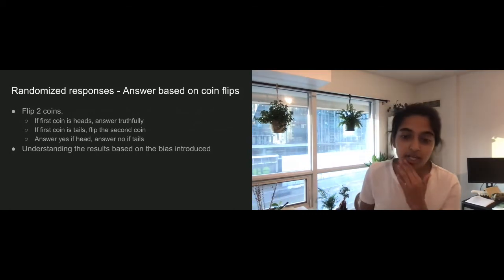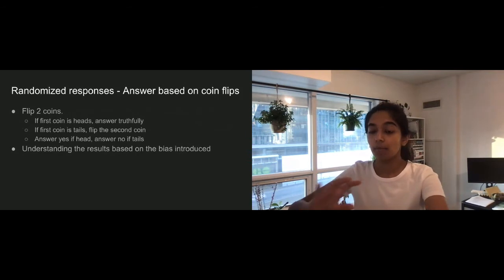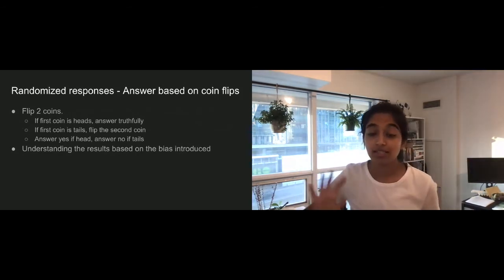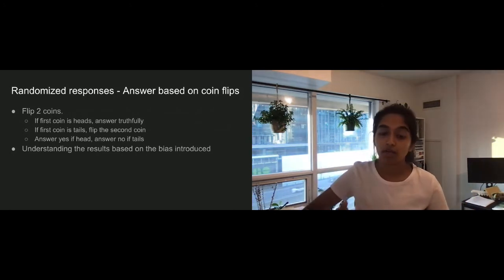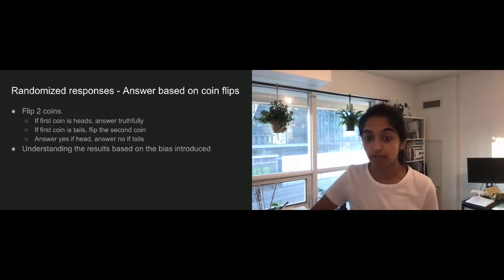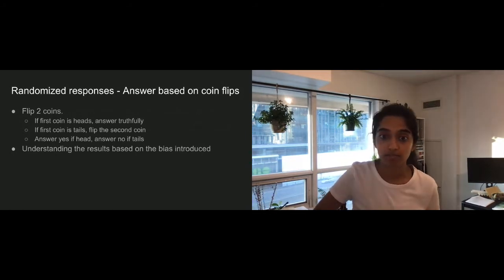So what are you doing, right? By this process, I'm giving you some sort of plausible deniability. I'm giving you some kind of fence, which means that even if the data is leaked, you're still protected. For example, if the data is leaked and somebody comes back to you and asks, hey, did you actually shoplift? You can say, oh no, you know what? This was just because of the flip. This is the entire basis of how the data is being introduced into the database.